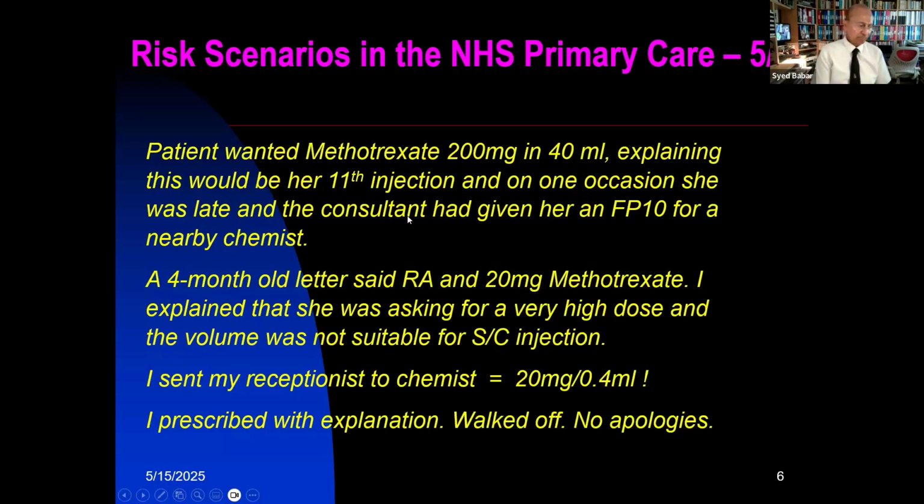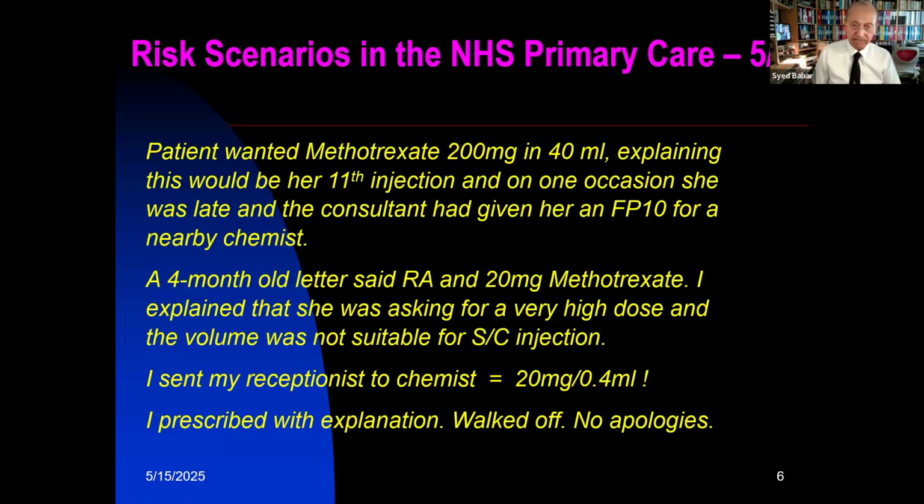I reasoned with her several times, explaining that in my knowledge and experience, the dose and the volume that she described were not compatible with safety or with subcutaneous injection. She insisted until I asked her to wait, and I attempted to contact the duty rheumatologist or duty physician to